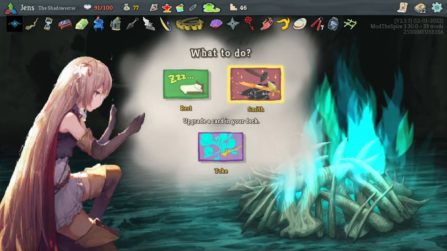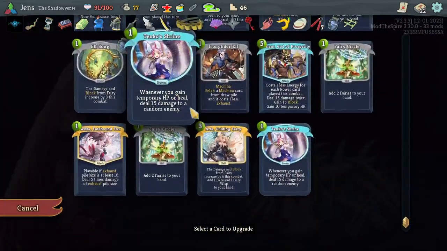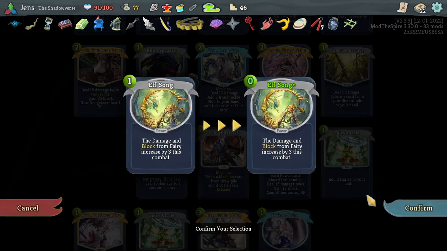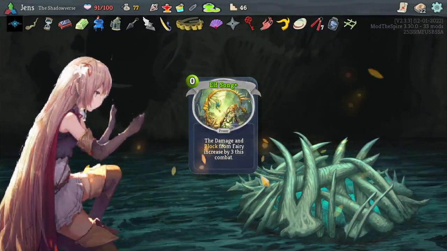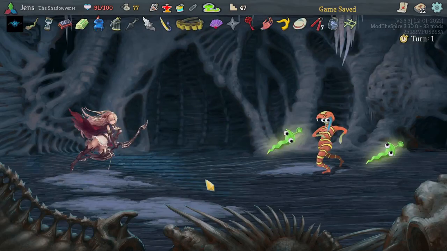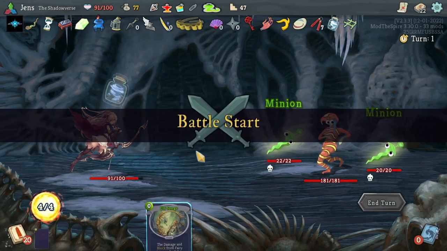Alright, I think this is upgrade the Elf Song that's in a bottle. Yeah, make it cost 0. Yeah. Because it's always going to be on an opener, and we want to be able to play it. Like, we want to be able to play it and everything else, like...